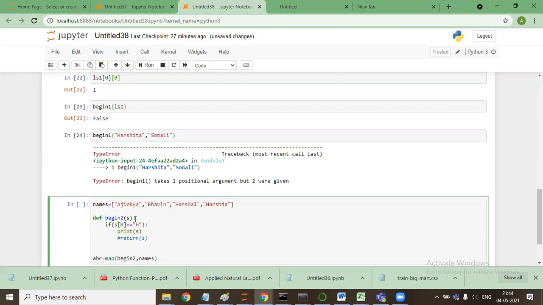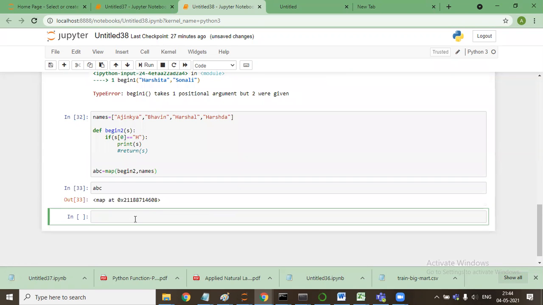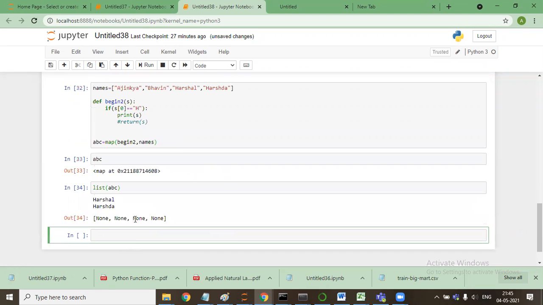Now you will see, if I say ABC, this is a map object, and I'll say list ABC. This is printing Harshal and Harshda, whatever the name is. But in the list, it is saying none.